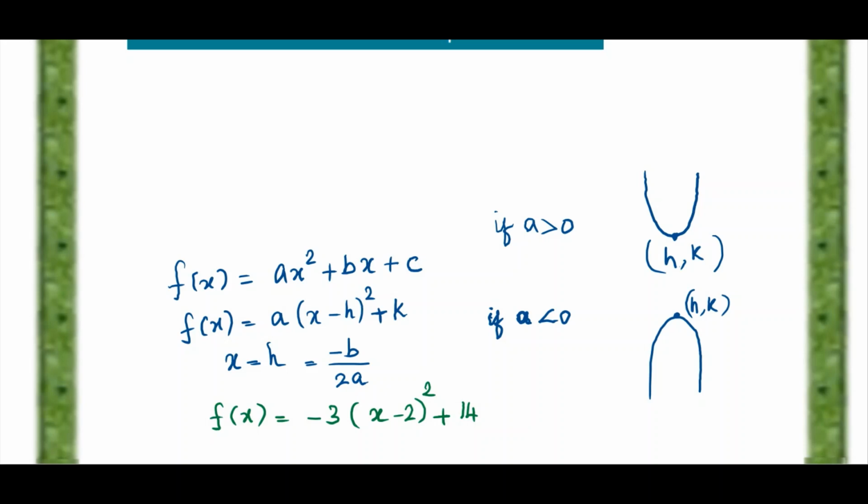So here h is 2 and k is 14. So the maximum point is 2 comma 14. And the line of symmetry in this case is x equal to